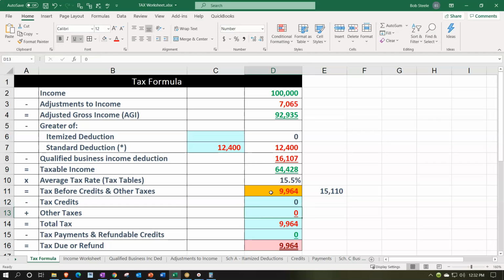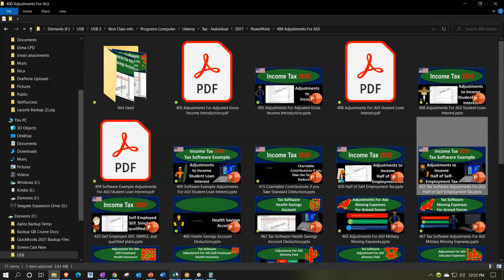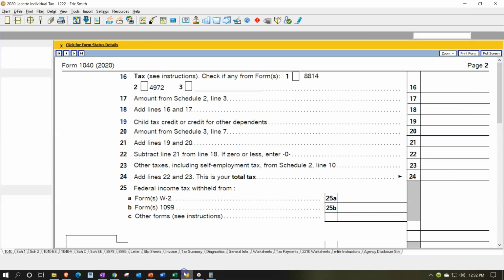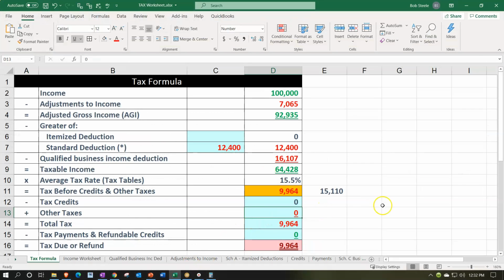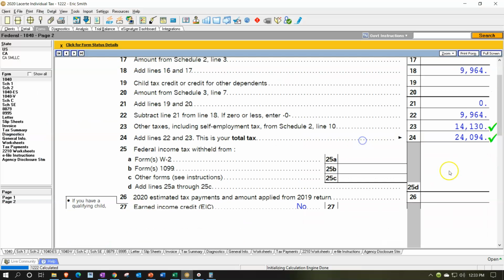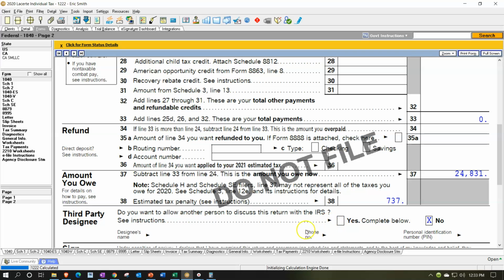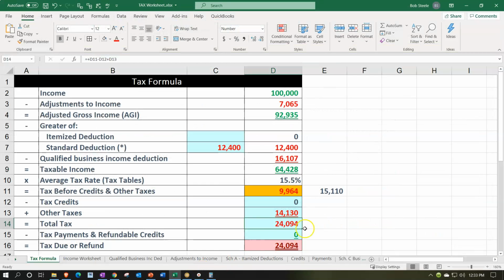But now we have the added tax of the other tax, which is self-employment, which I should probably have another worksheet for, but I'm just going to pull it in this way. We're going to say this is 14,130, and that's going to give us the 2,494 here. And so that brings us to that bottom line of 2,494 as opposed to the